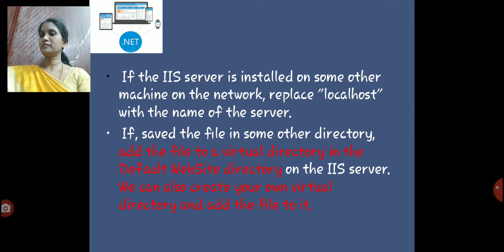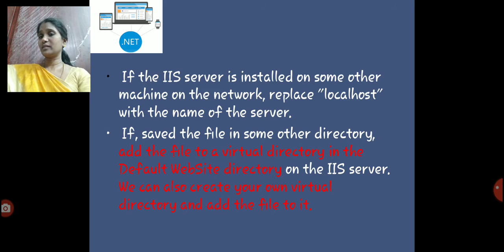So that is about the first thing. If the IIS server is installed on some other machine, and it is not localhost, we have to replace localhost with the name of the machine or the name of the directory. By default it is http://localhost. If it is saved in some other network or some other directory, we have to give that directory's name. Then, if we save the file in some other directory, for example if it is not saved in the root directory,